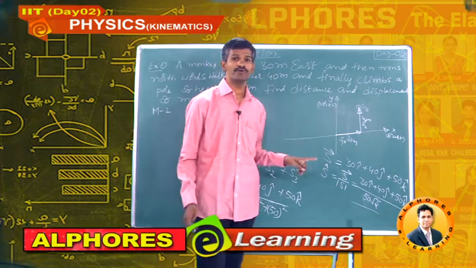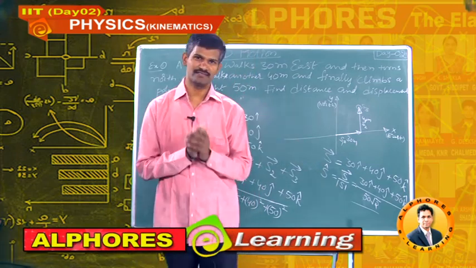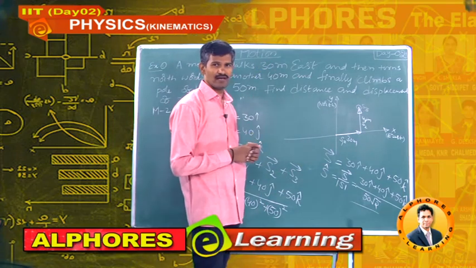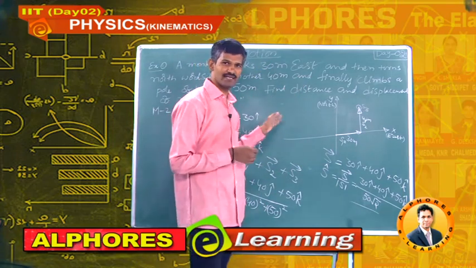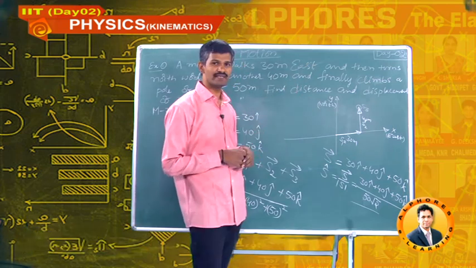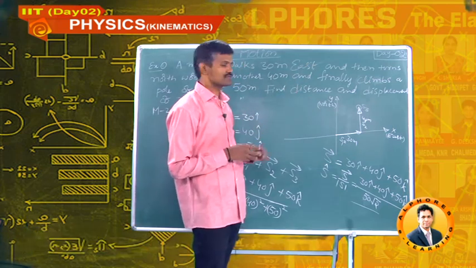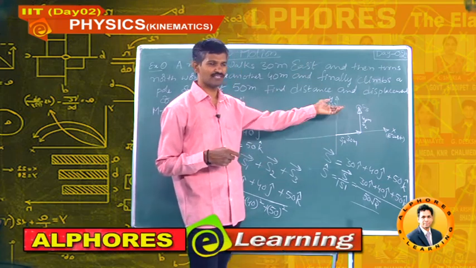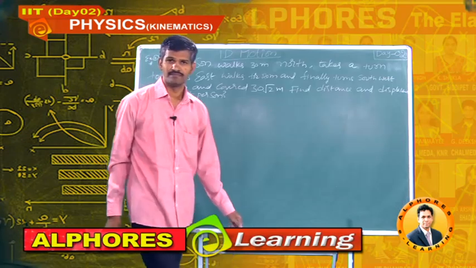Like this, you can solve the problem in two ways. One method is by simply drawing a cuboid and finding its body diagonal length, which gives the displacement of the monkey, and in the second method, take the coordinate system, represent the vectors at their positions and find their resultant.